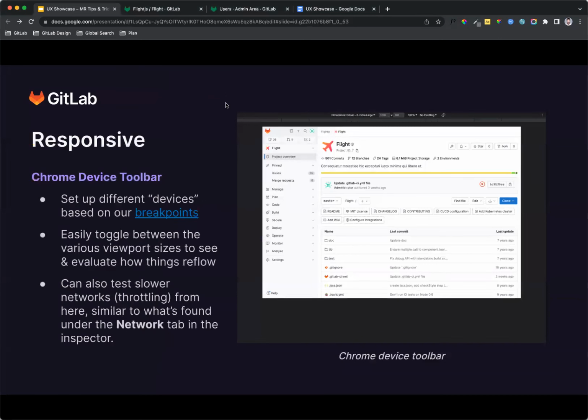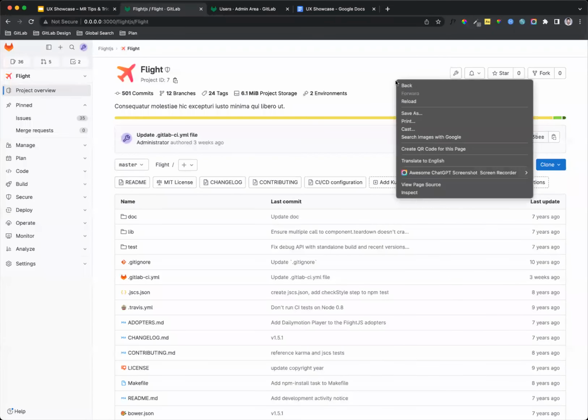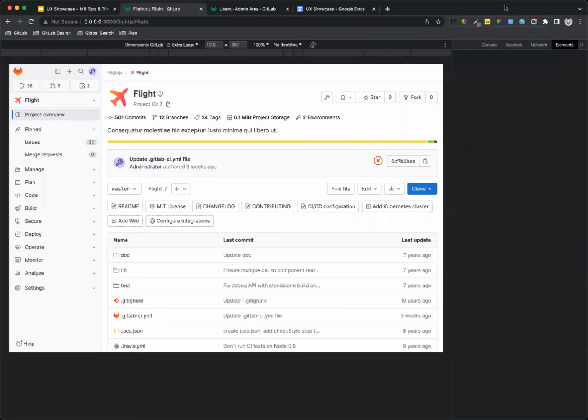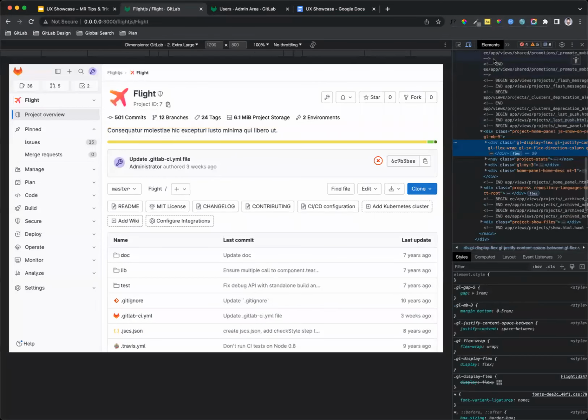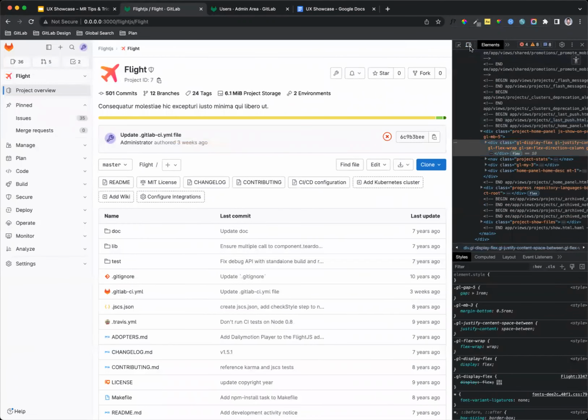All right, so one of the first things that I wanted to talk about was responsive testing. I know most of you are probably familiar with resizing the browser to test different viewport sizes and seeing how things reflow. But one of the things that's helped me have a better visualization of how our actual breakpoints affect the reflow is by using the toggle device toolbar